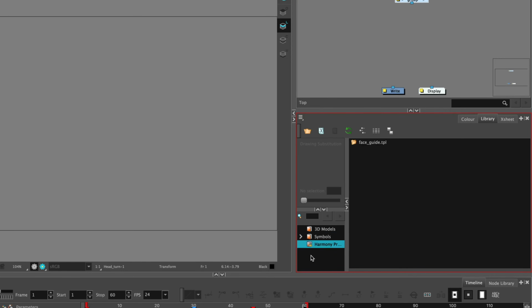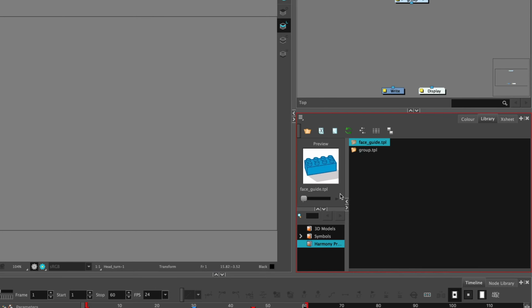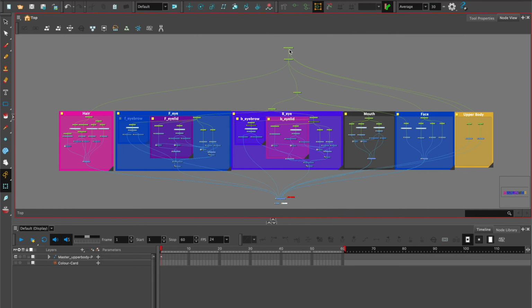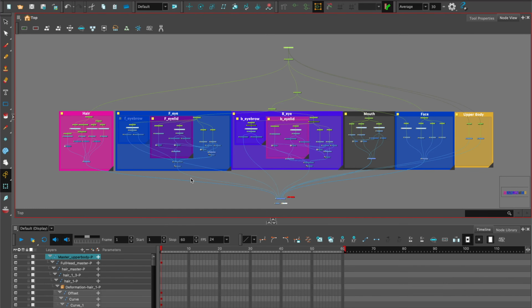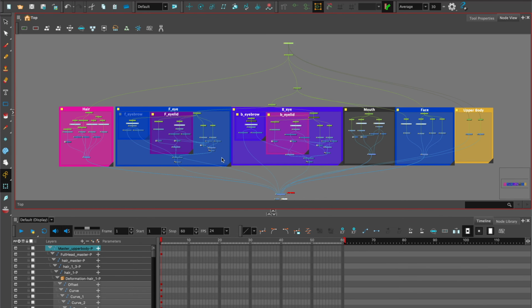Before you can save templates in the library, we have to select Write to Modify, paste it in the library, name it, and hit OK. I have one I made earlier. When we start to animate, everything has to go to one master peg. We can use the shortcuts 9 and 0. 9 opens up all layers, 0 collapses all layers to check that there is one master peg at the top